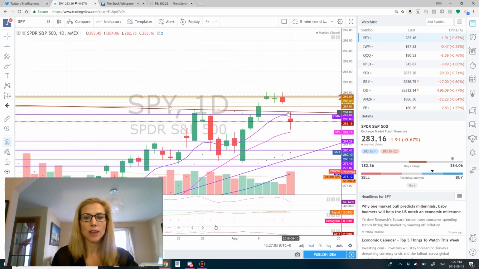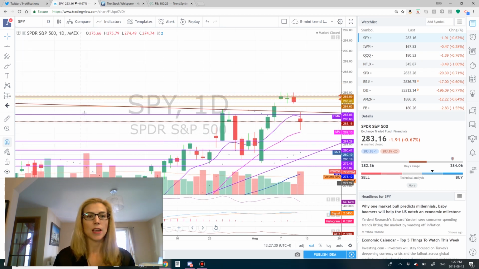You can see we've got the upward trend line, broken resistance, a downward trend line, and here's an upward trend line. These are past levels that I had for resistance and support. We've got the 20-day moving average here. It looks like it almost touched that 282. I would look more for 281.28 or the 280 level before I think it will really bounce and continue to curl up. But we are definitely in an